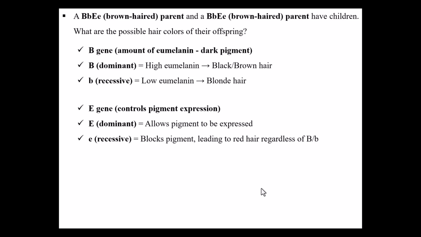We have the B gene, amount of melanin or dark pigment, B dominant, black or brown hair, B recessive, blonde hair. In this case, we have brown hair, blonde hair, and colorless. The other gene that controls the pigment, we have E, which controls pigment expression. E dominant allows pigment to be expressed. E recessive blocks pigment, leading to red hair regardless of